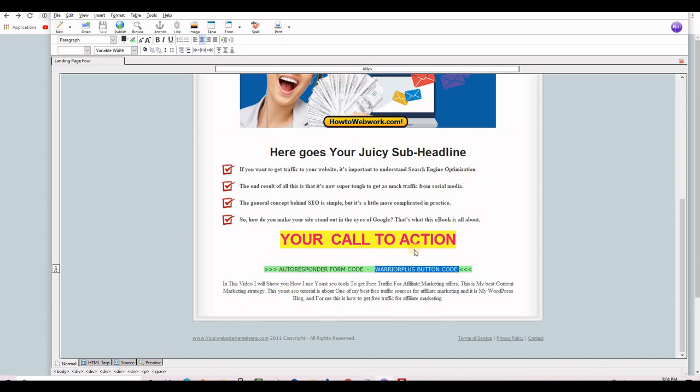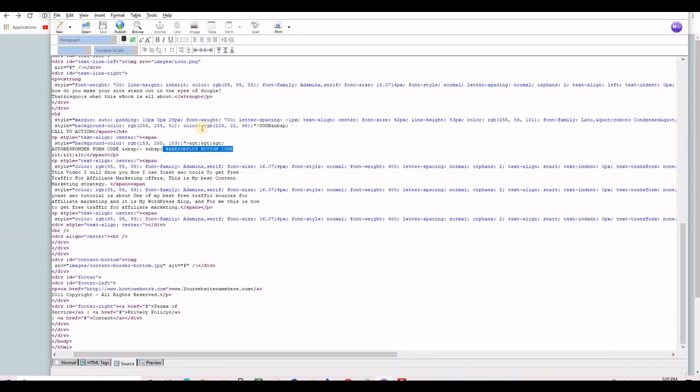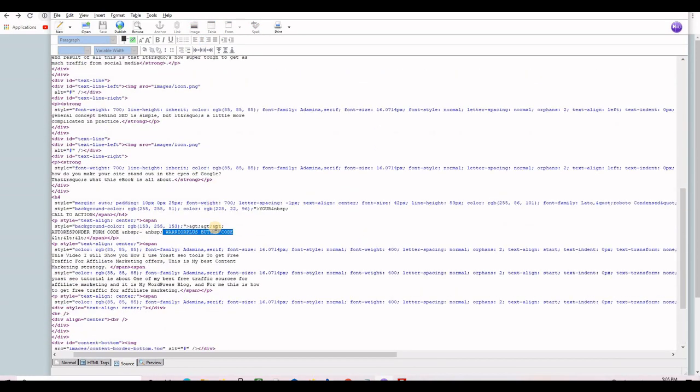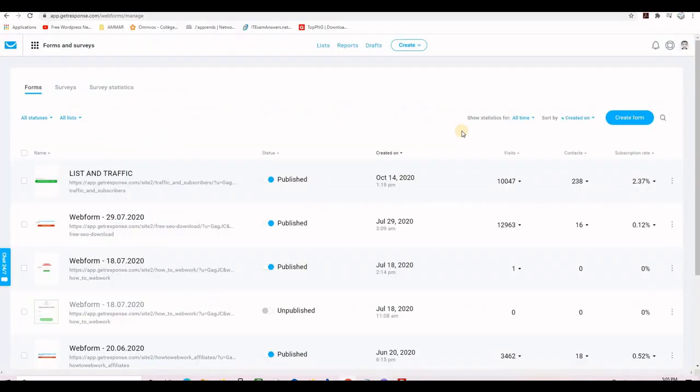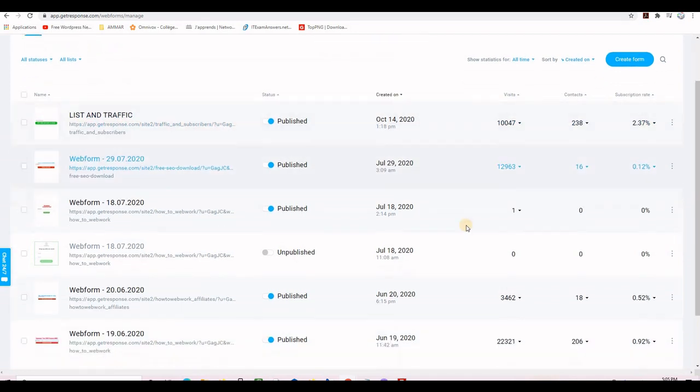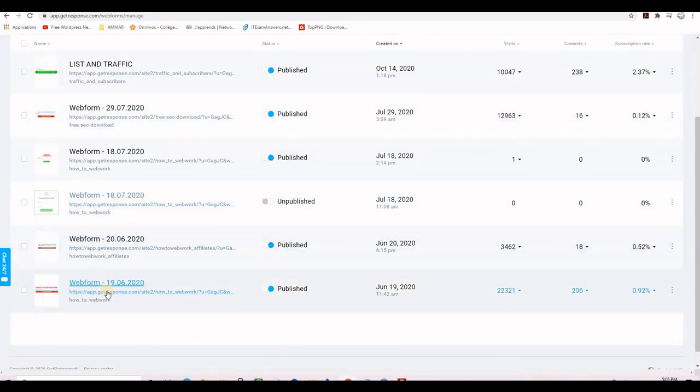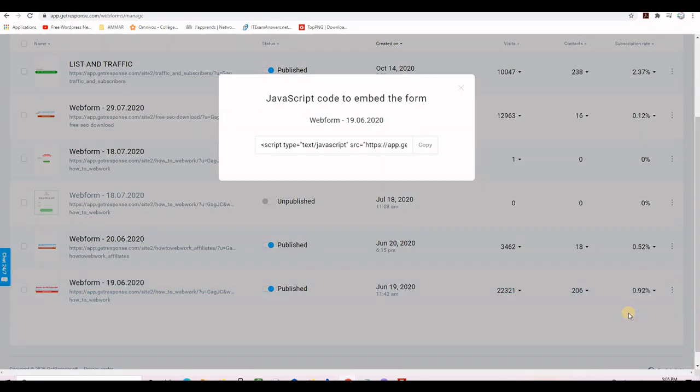where I can see the source code of this HTML file. So right here, and then I will be coming to this place here where it says Warrior Plus button. I'll put the code, and also for the autoresponder form code. Okay, so here I am on GetResponse, and I will take the same code of the same form from earlier. So I go here and then I click copy form code, and then I click on this button here,